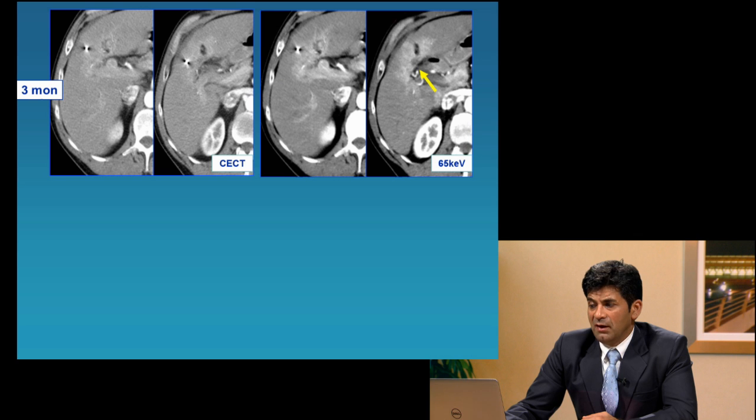Here I'm showing you images of low keV monochromatic images where we can see there is increased vascularity in the liver parenchyma, but it is not altering the texture of the liver or contour of the liver. But the yellow arrow points to a small low density area,